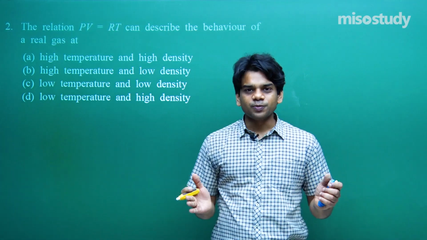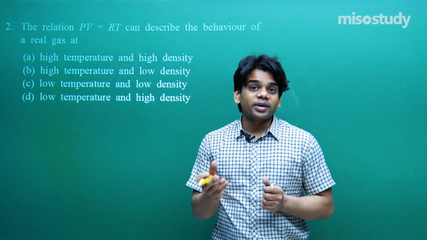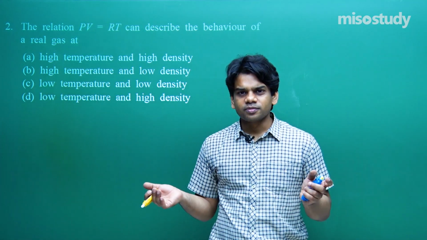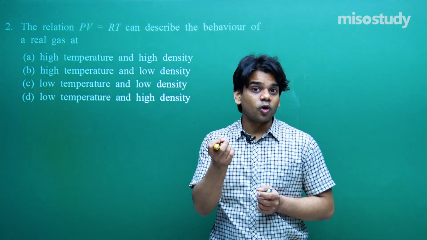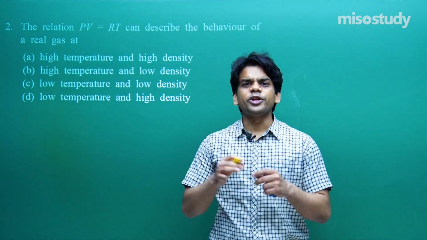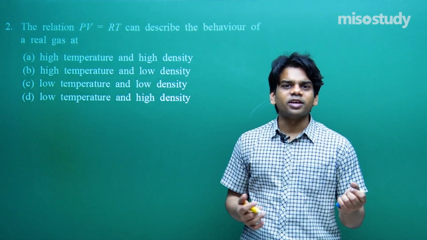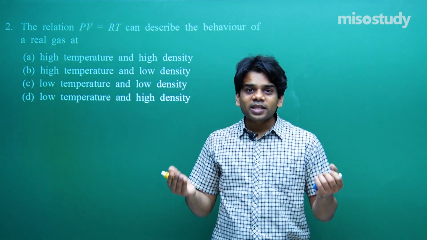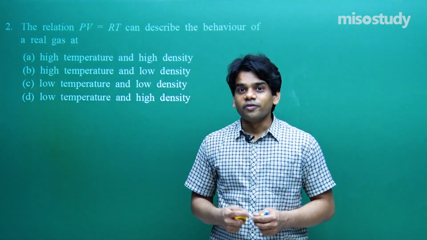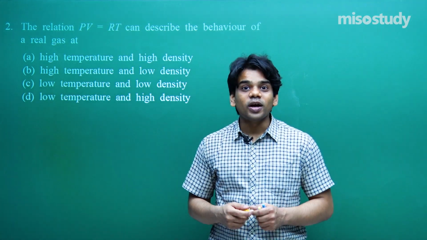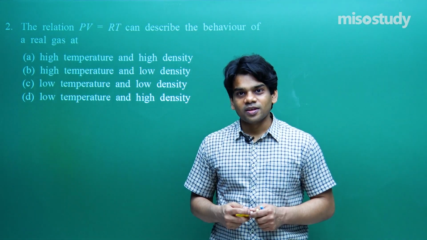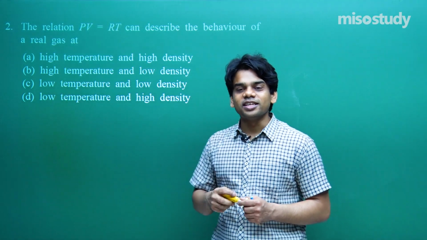First of all, let me tell you, while making some assumptions in kinetic theory of gases, I have told you the molecules move freely, and the molecule's volume is quite small compared to the volume of the container in which it is kept. So they are free to move. So just imagine, what will be the condition in which they will get more space, more freedom to move? When the pressure is low, they will be free to move, and if the volume is high. Or let us check with the given conditions.